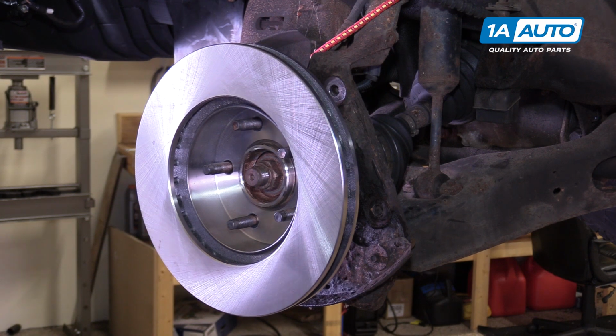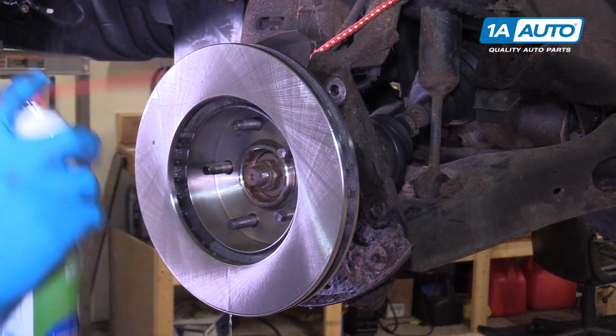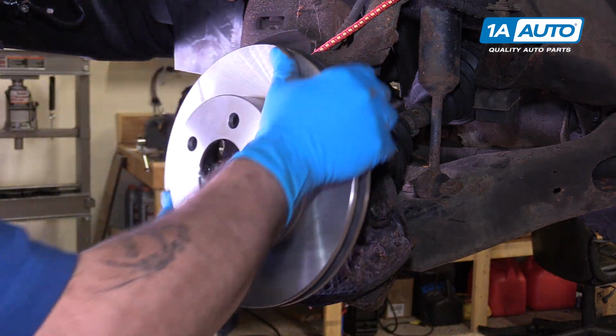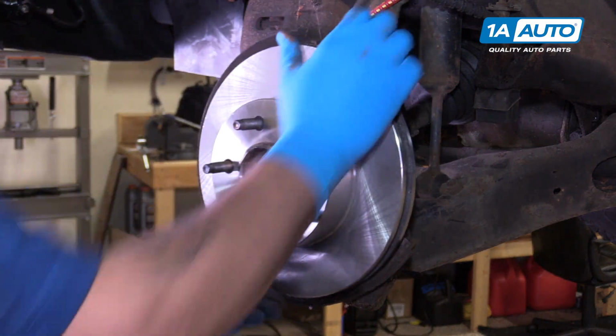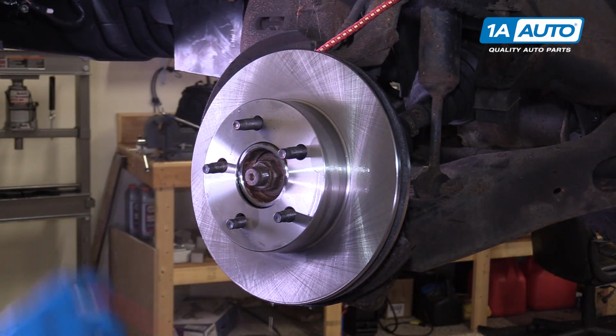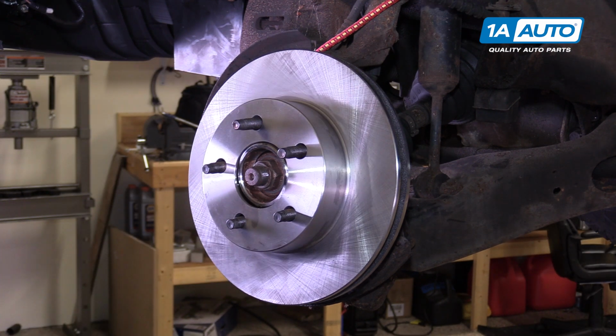Install your new rotor on backwards and spray it off with brake cleaner. Then flip it around. Install it correctly and spray down this side as well. If you have a screw securing your rotor, you can reinstall that now. If your vehicle doesn't have a rotor screw, to make it easier,